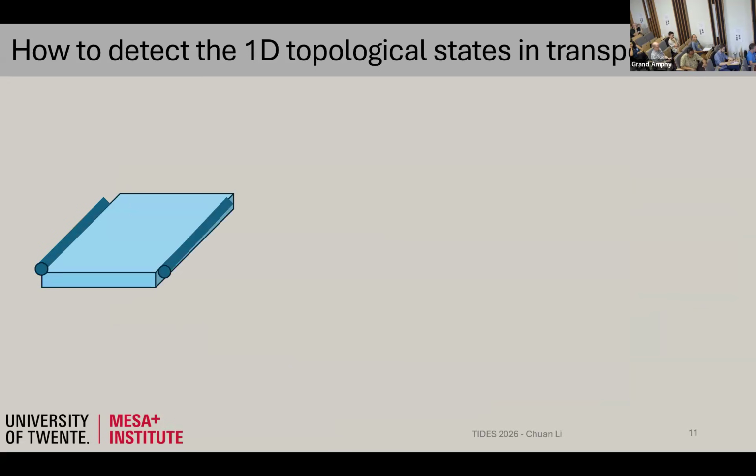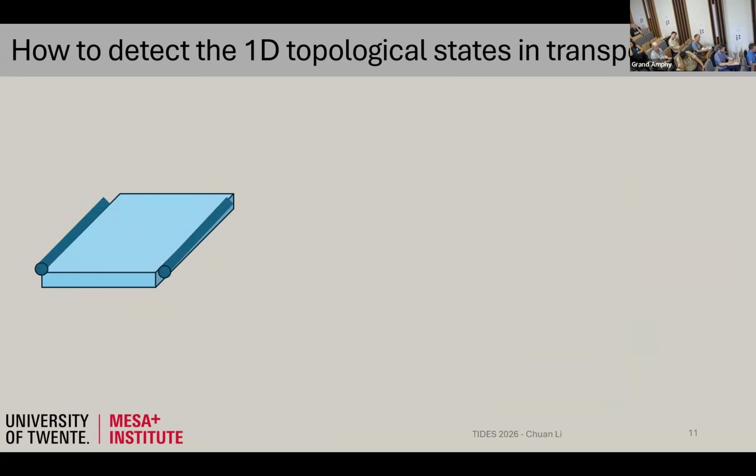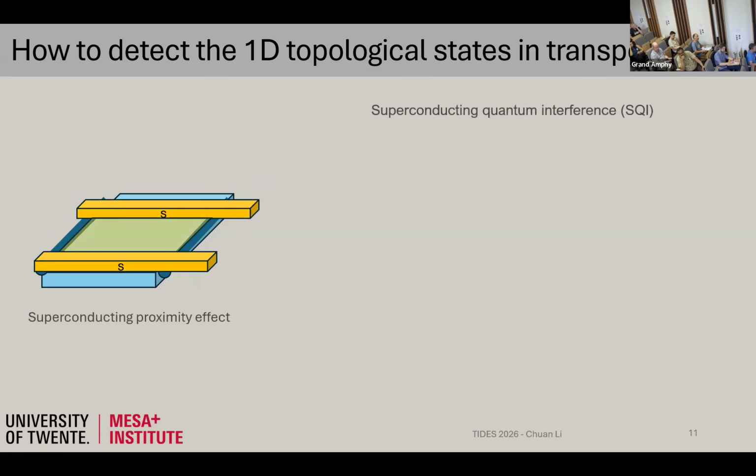Okay, so now it comes to, of course, a little bit the physics that we want to probe. What would you see, or how to detect if you have the topological state? I mentioned that actually they are very flat. These are actually uniform height of the nanoplate. There's basically no changes in the thickness. So here, if you want to probe these states,